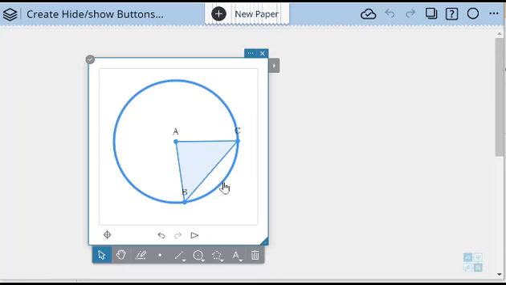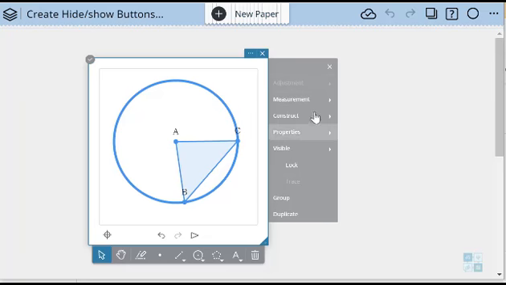Now, I don't want the circle anymore because the circle was used to help me construct the isosceles triangle so I could have my radii, but I don't want it anymore. I don't want to delete it because that's going to delete the constraints, so I want to just hide it so that it still exists, but I don't need it. So I'm going to select it. So notice when I want to hide something, and I can hide many things at once, I select what I want to hide, and I go over here to my others features,